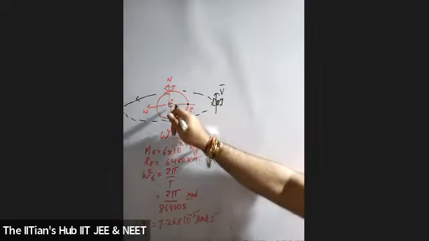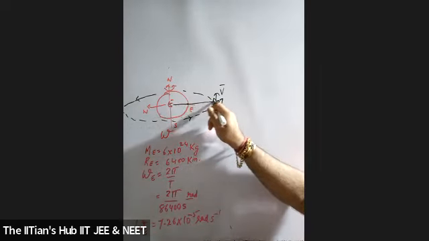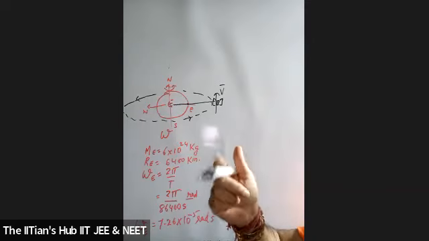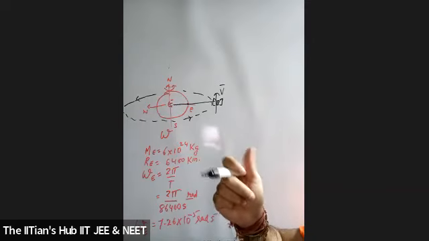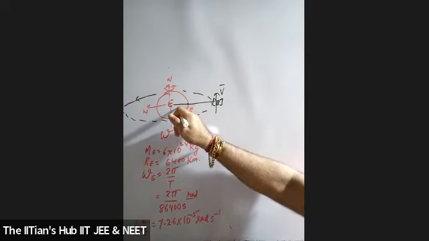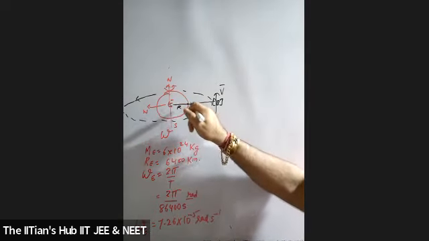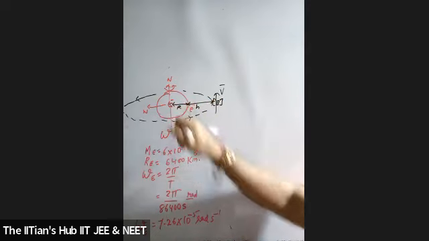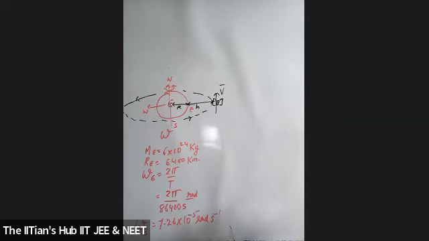ये जो radius है, ये orbital radius है. This is called a geostationary orbit, या parking orbit. See the word I'm using, geostationary or parking orbit. What is this? It's the radius of the earth plus the height above the earth's surface. Students, ये h है और ये radius of the earth. To what height above the earth's surface are these satellites launched? Students, around